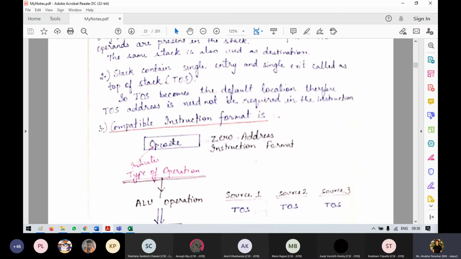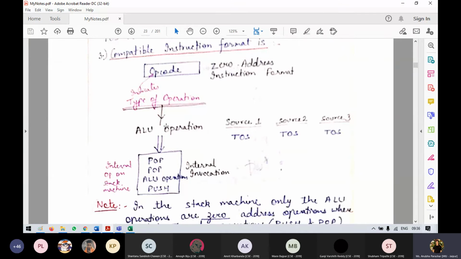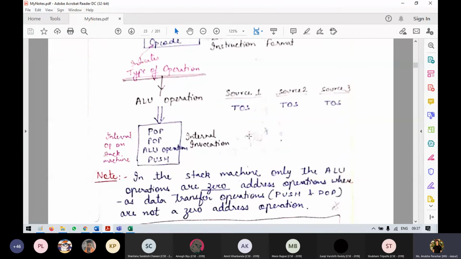So any operations that will be done will always be on the top of stack. That is why it is always said to be a zero address instruction format, because the address is always the same. The stack pointer is pointing to the top of stack and it will always be that same address. So what could be the ALU operations that we can perform? We can say pop, and we can say push, which will be done on top of stack. So either we can pop any element or we can push any element. That is how the operations could be done.